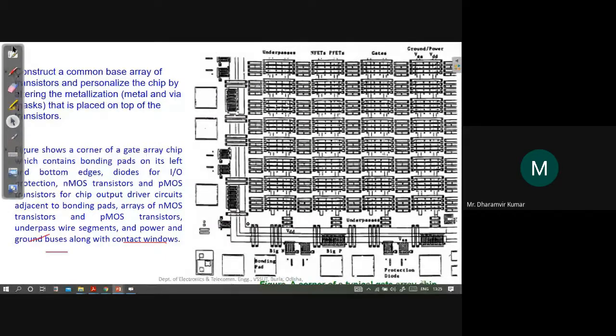Okay, so I will take this slide. This shows a corner of a gate array chip which contains bonding pads on its